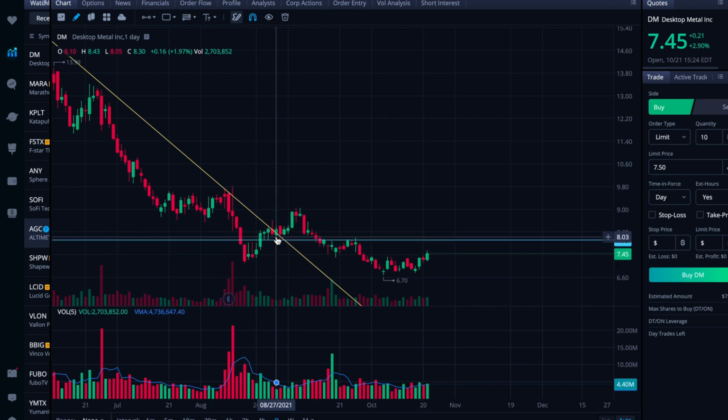Resistance that pivoted, flipped to support, and then pivoted back to resistance. And now it's coming back to approach that again at about 793. So that would be the first really strong level. And then the other one that I look at would be right about here,